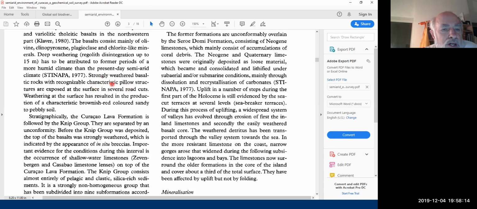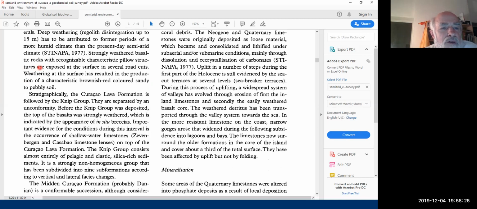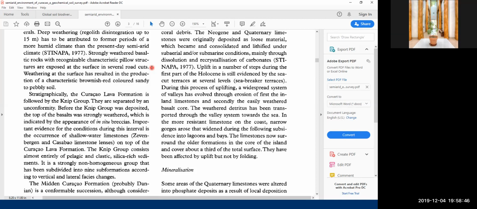So then they say that you can see in some road cuts strongly weathered basaltic rocks with recognizable pillow structures. So this is when you would see this. Anybody recognize that? Pillow structures. Yeah, it's sort of like you see these rounded blobs. They're all packed together, but somewhat rounded, and they may be flaking off a little bit around the edges. So you would see, instead of a solid wall of rock, or rock with, say, like,